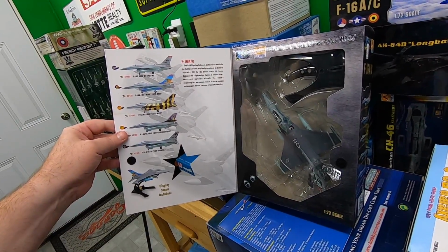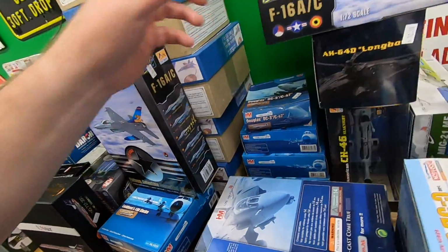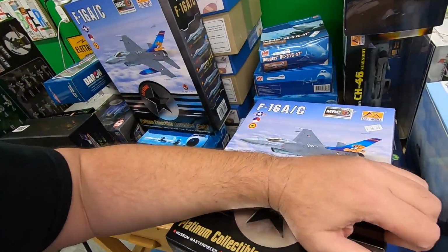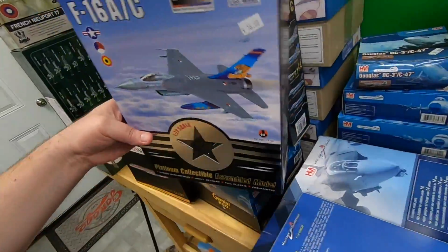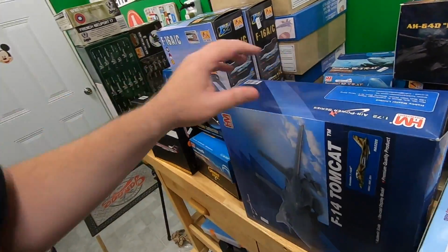F16A/C. And all these have stands and stuff. I've sold a little bit of this kind of stuff before. This is the same exact thing right here. So I've got a little quantity there. And here's a larger